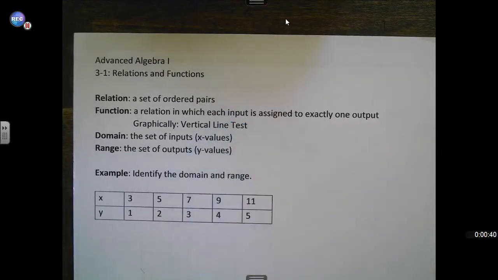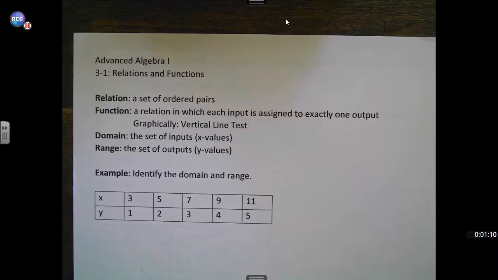It can be random. Ordered pairs, x coordinate, y coordinate, whatever that set is, we call that a relation. If it has special properties, then it can be a function. In those special properties, a function is a relation in which for every x value, there's one and only one